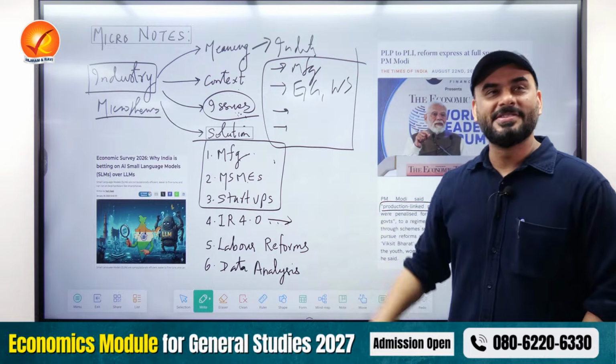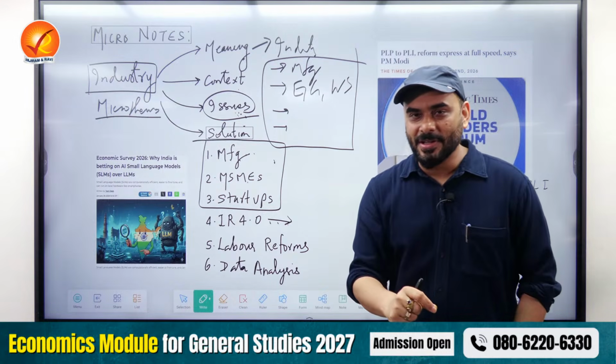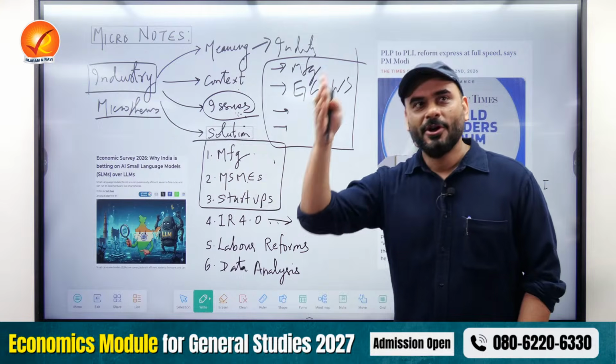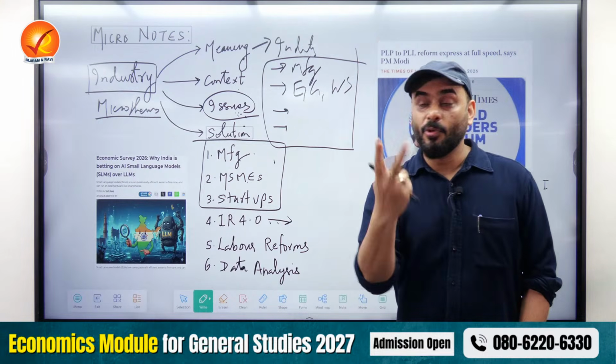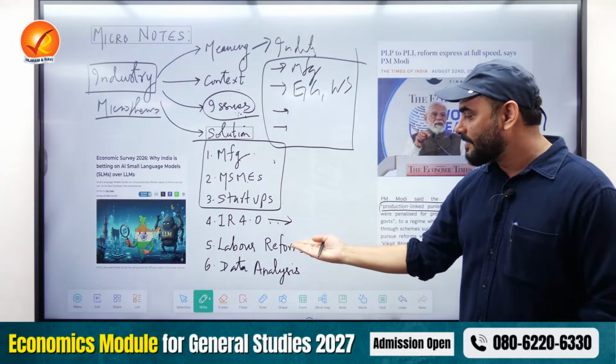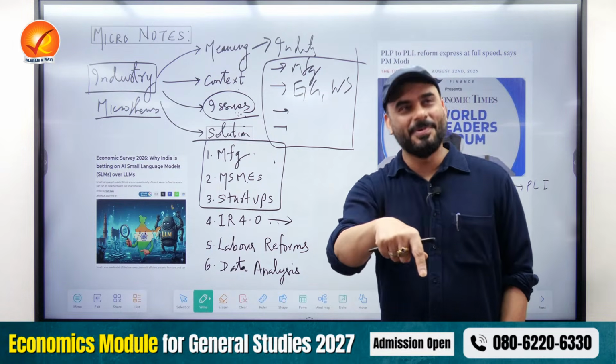I want to ask you the next question. Wherever industry is there, workers will be there. Who is the most important part of an industry? The one who started and the one who is making the industry work. So the entrepreneur and the worker, both are very important. This takes care of the entrepreneur. But where is the worker? Labor reforms. Which means that labor reforms is an essential part of industry.